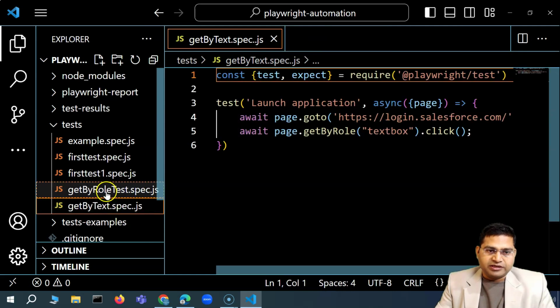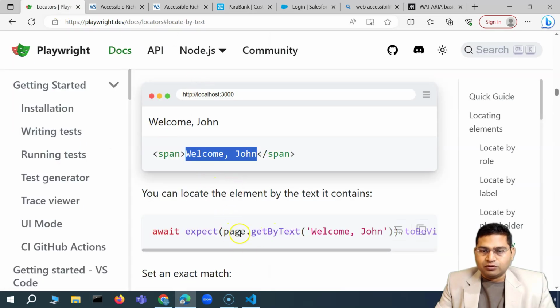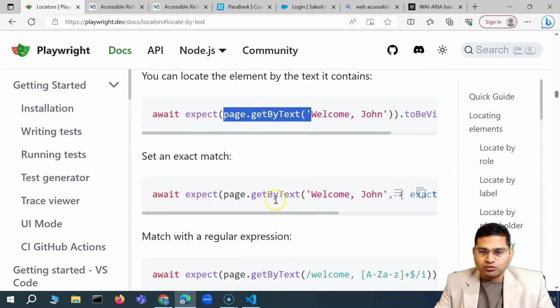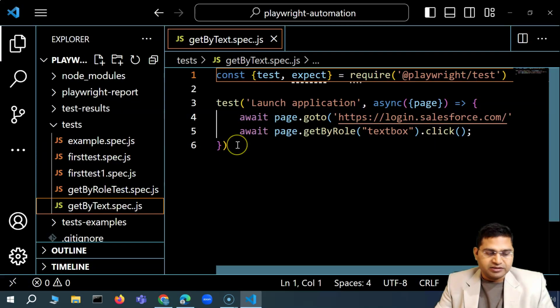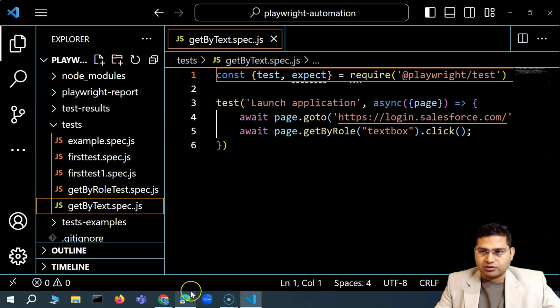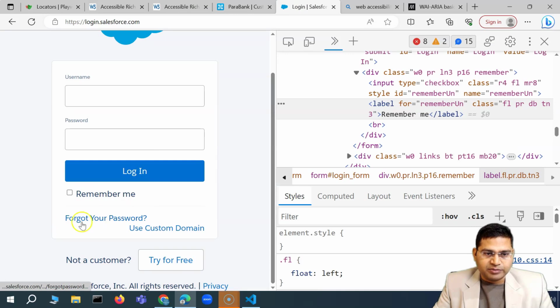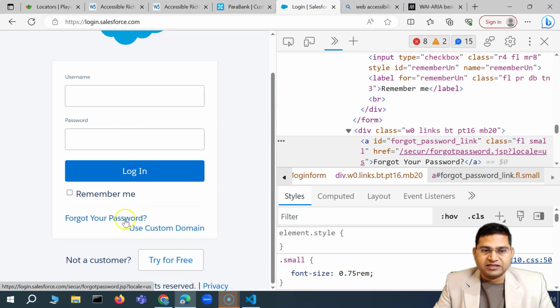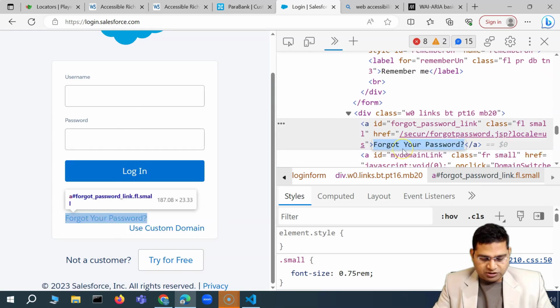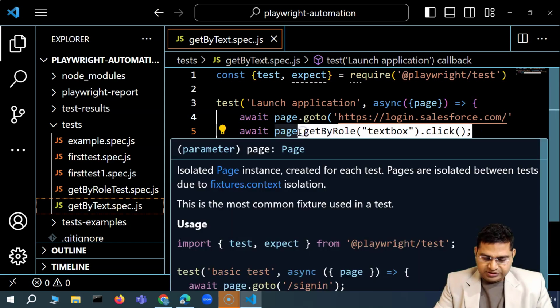So on getByText we are trying to locate based on the text. We simply say getByText and whatever text we want to click on. For example, on this page, login.salesforce.com, what can I get by text? For example, I want to click on forgot your password, right? I can simply right click, inspect, and you'll see this is the text. If I want to click on this, I'll go ahead and open login.salesforce.com, and then I'll say